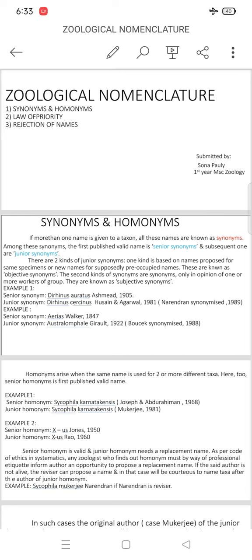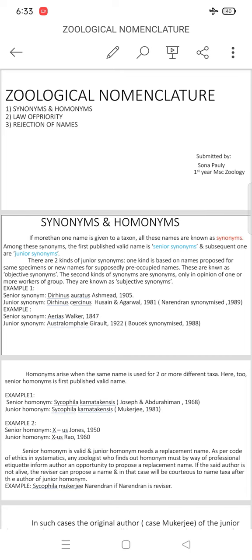If more than one name is given to a taxon, all these names are known as synonyms. What is meant by synonyms? If more than one name is provided to a taxon, then all the provided names are called synonyms. Synonyms have two types: senior synonyms and junior synonyms. Among the synonyms, the first published valid name is called the senior synonym, and the subsequent, later one is called